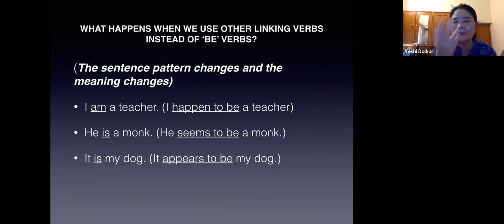All right. Seem clever, seem to be. If it's not an adjective but a noun coming, then